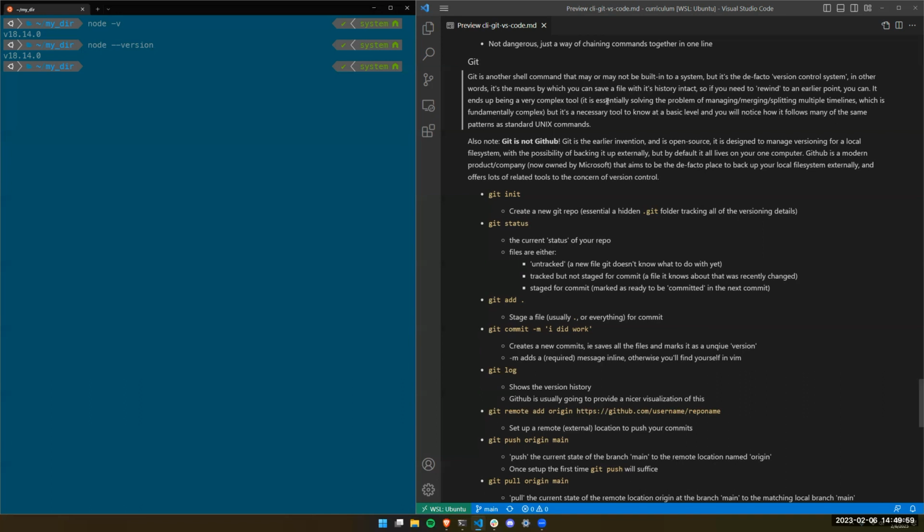You want to be able to, one, track your changes because you might want to roll back to something. And then the other thing is that you might want to be able to check the difference between one version and another to know exactly what changed. And then another factor is posterity, as in if it all lives on your computer, that's only so safe. Whereas if you have a backed up copy somewhere else, that's really good. And then there's also the question of collaborating with other people. What if two people are working on the same file at the same time? They both have different changes. How do you combine those? So Git is a tool designed to solve all of these problems.